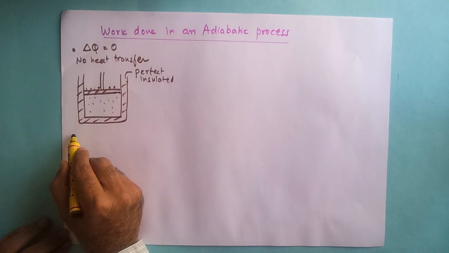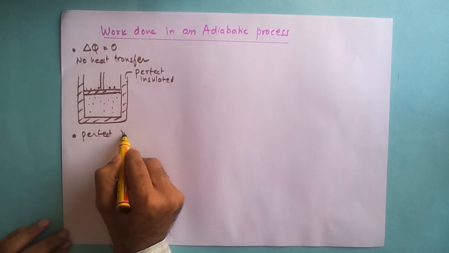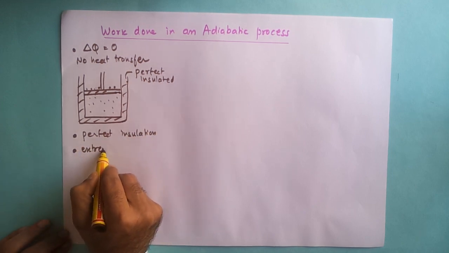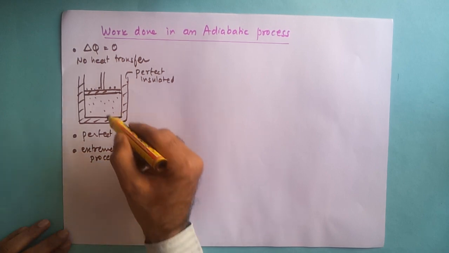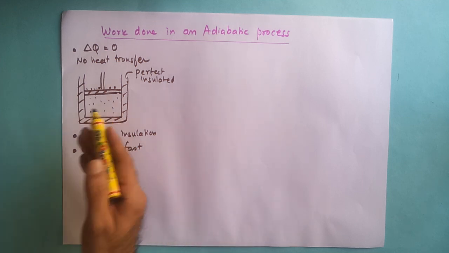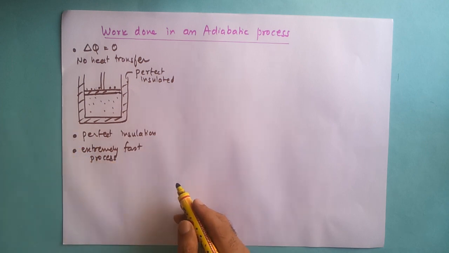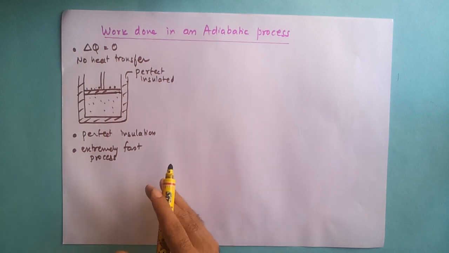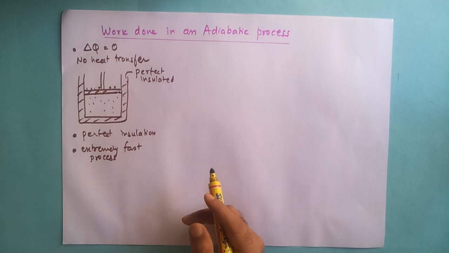So the two conditions that are required are, one, perfect insulation so that heat doesn't go out of the system. Two, extremely fast process. So I will compress this extremely fast, and the reason for this is so that heat does not get an opportunity to go out of the system. So if these two conditions are met, we will get nearly a perfect adiabatic process. Quite obviously, both these conditions are difficult to realize strictly in practice, and therefore perfect adiabatic changes are really impossible. You can't get a perfectly adiabatic process.